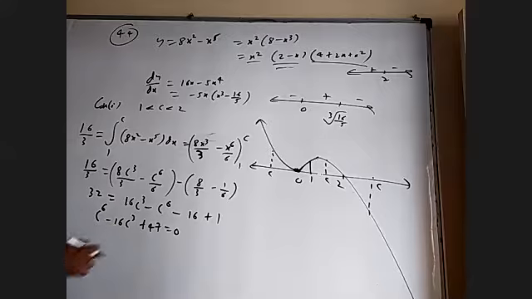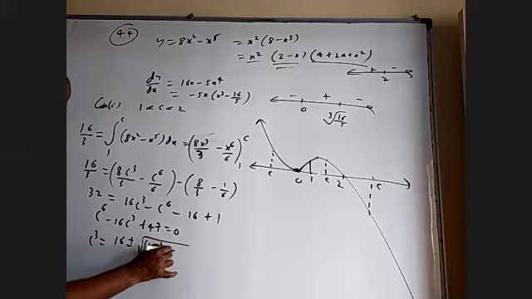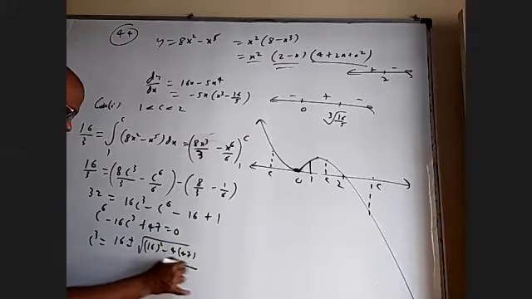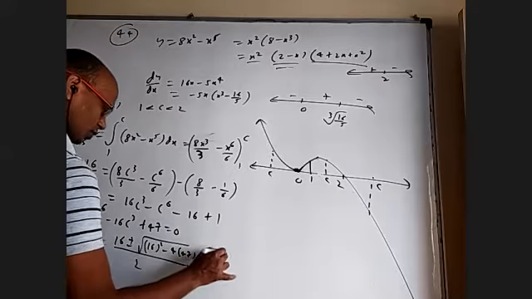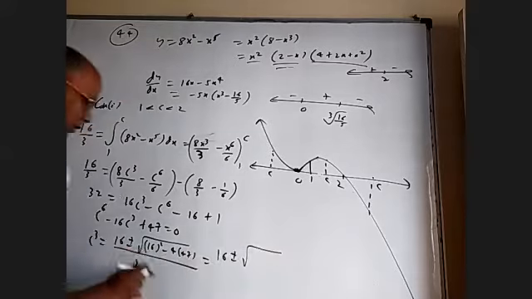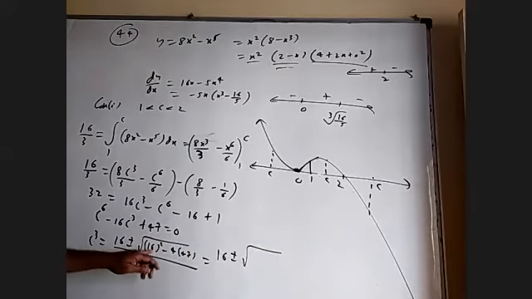This is a quadratic equation where C cube will come as 16 plus or minus the square root of b square, which is 16 whole square minus 4 into 47, by 2. Can somebody simplify this? 16 whole square minus 4 into 47. How much is that? 256 minus 188 is 68. So 16 plus or minus 2 root 17 by 2. 2 root 17.